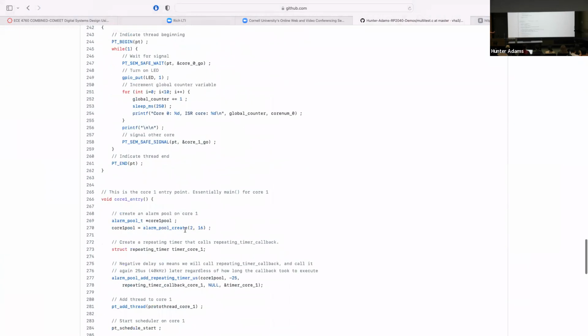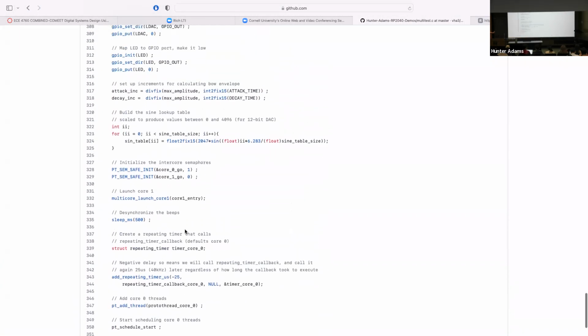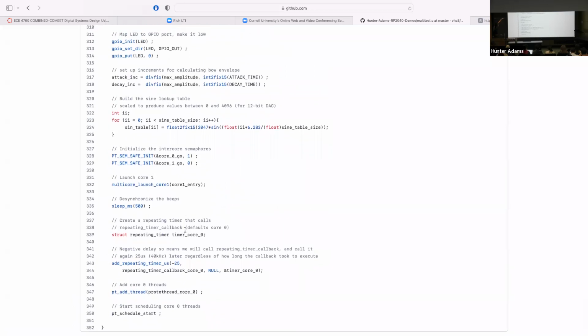In particular, let's scroll down to main here. You can see that the whole top part of main is exactly the same. The only things that are different here is we are calling a macro called pt semsafe init, and we're pointing it to something called core 0 go and core 1 go. These are two semaphores that we've declared further up above. So we're initializing two semaphores, one with a value of 1 and the other with a value of 0. And then the other thing that we're doing is